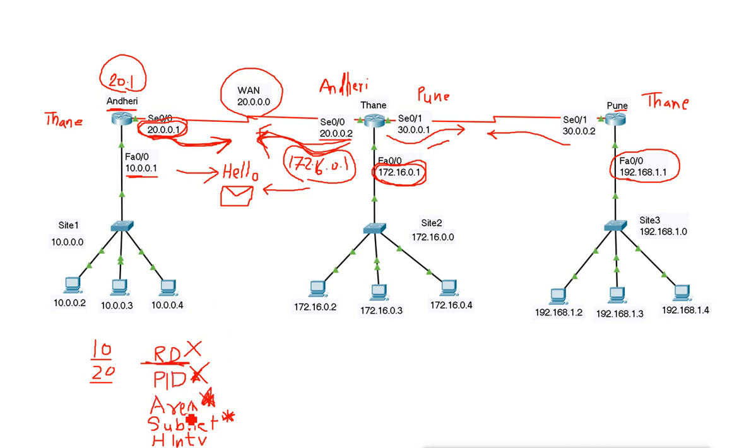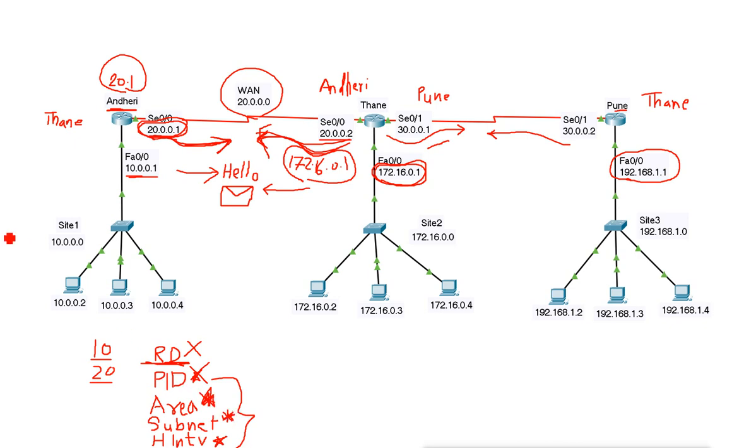So in this information, the area must be the same, the subnet must be the same, and the routers directly connected. Then there must also be the same interval. This hello interval also must be the same, otherwise they will not create the neighborship. So if these three things match, then only they create the neighbor relationship. Otherwise they will not. Once they have created the neighbor relationship, they create the neighbor table, and in the neighbor table they add the information about the neighbors with the router ID.